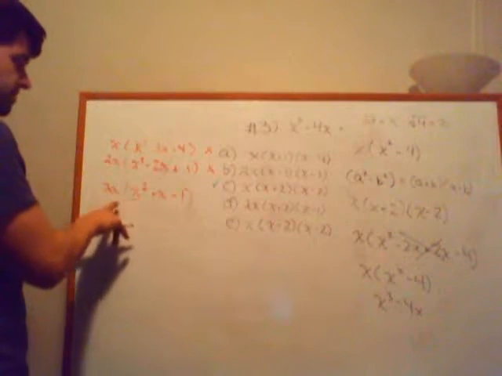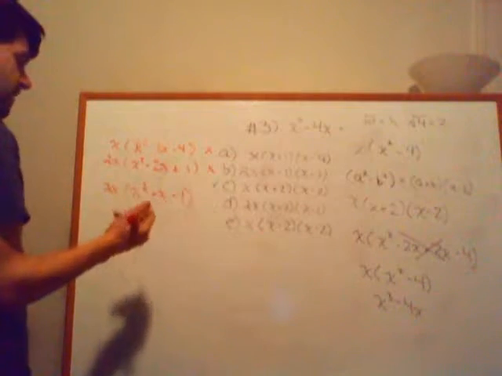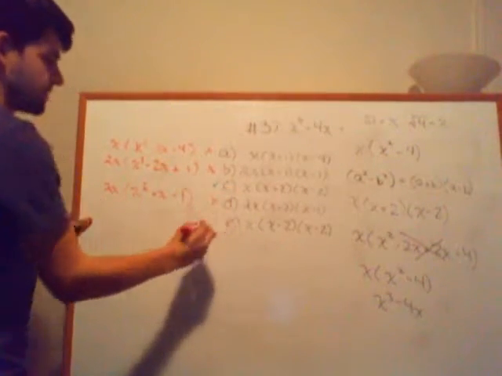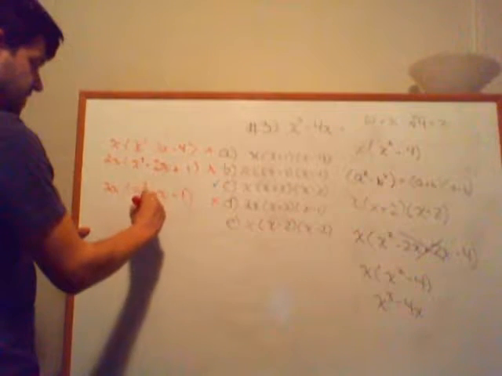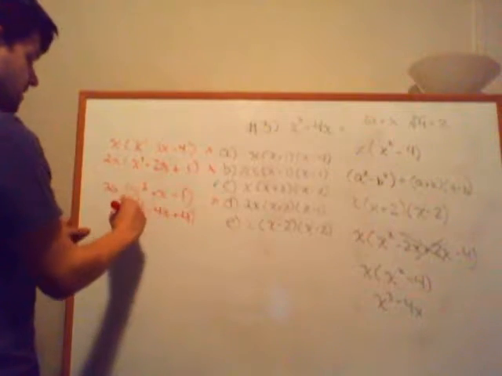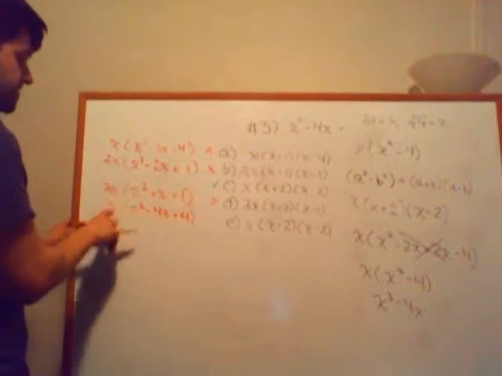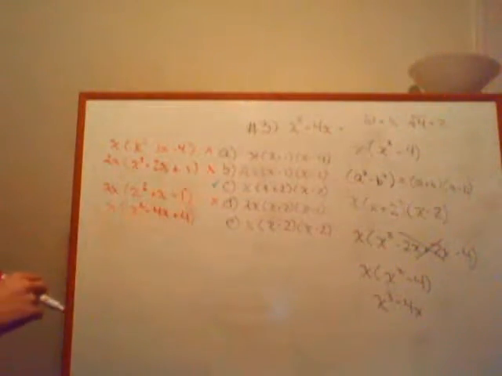Yeah. This will be 2x cubed plus 2x squared minus 2x. So that will not work. And then the last one is going to be x squared minus 4x plus 4. And then distributing an x through that, that's going to give us x cubed minus 4x squared plus 4x, so